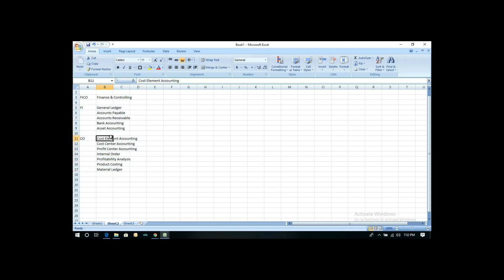In cost element accounting, I mean the primary cost, secondary cost, those things, there is a lot of change between ECC and S4 HANA. A lot of change, right? In cost center accounting, primarily we will discuss the cost center master, the planning values, and all those things. Profit center,